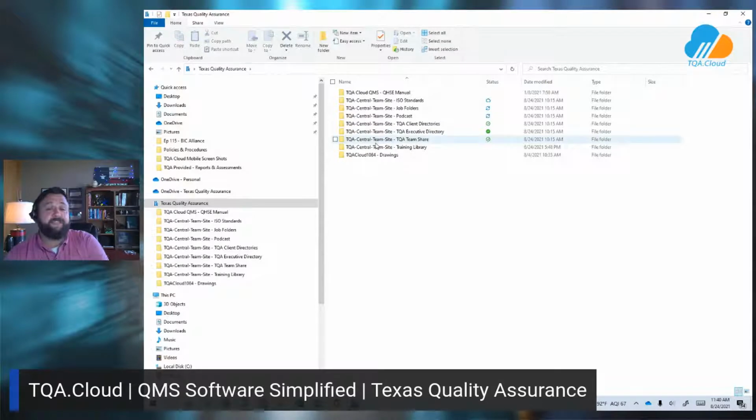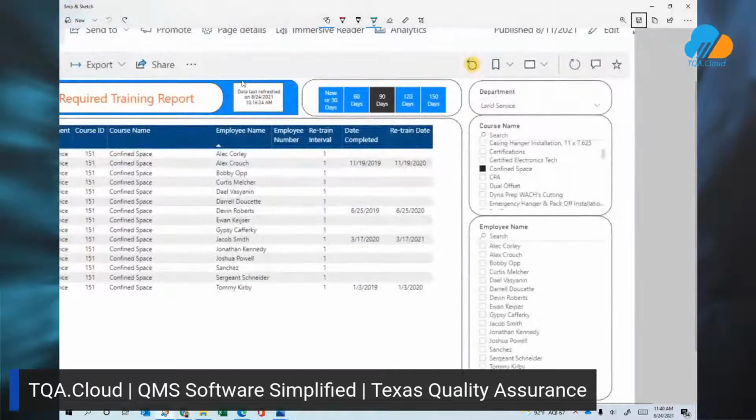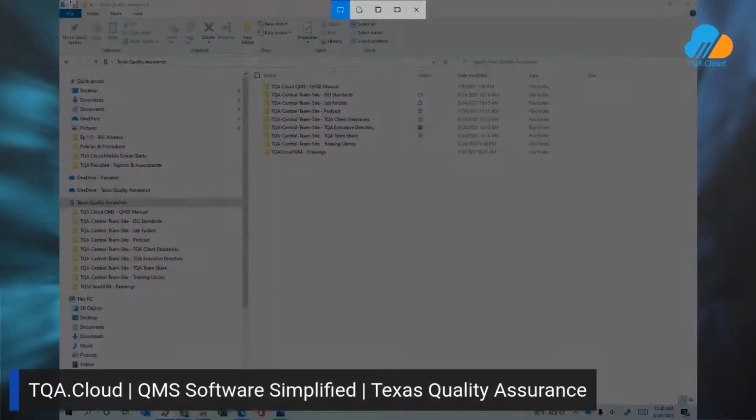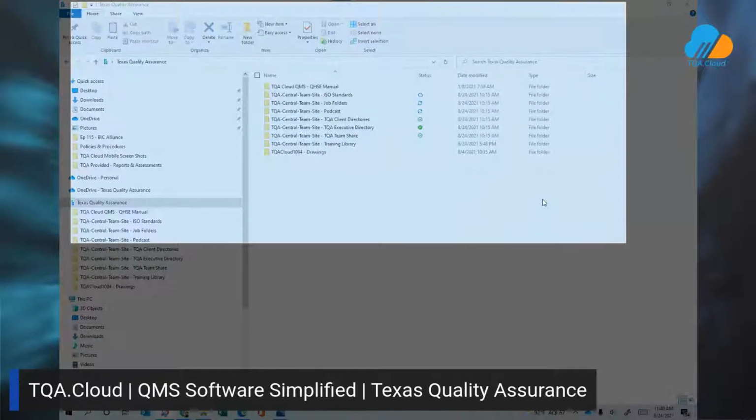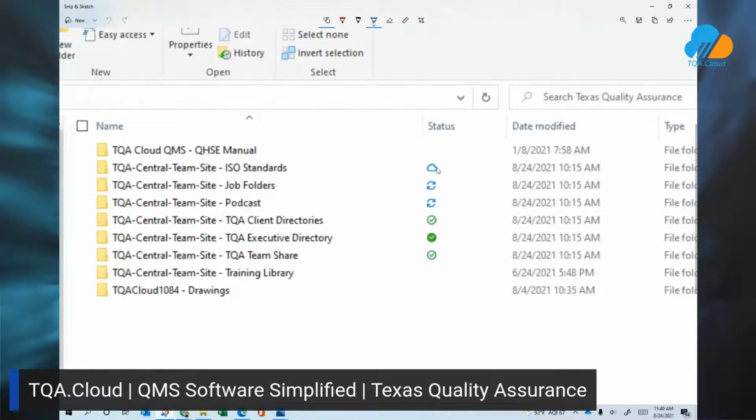So there's lots of fun features here as well. So if we open up this team share or any of these, it may be a little hard to see because again, the zoom on the streaming system here, it's not all that great, but let me see if I can help us out a little bit here. Let me do a little snippet there because I know I can zoom in on those pretty well. So you see these different icons. We've got this little fluffy cloud icon. We've got the little kind of recycling symbol icon. So these are all important.